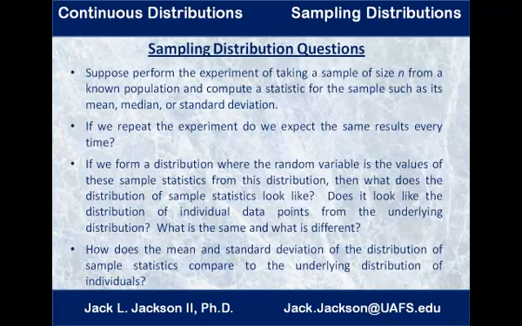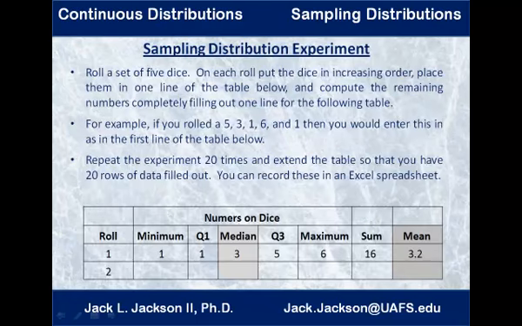So let's actually do an experiment like this and see what happens. The experiment we're going to try is really what I've already described. We're going to roll a set of 5 dice. On each row, just to make our bookkeeping a little bit easier, we're going to arrange them in increasing order, and we're going to fill them out. So for example, let's say I roll the dice and I get a 5, 3, 1, 6, and 1. Then I'm going to put them in order, smallest to largest, 1, 1, 3, 5, 6,